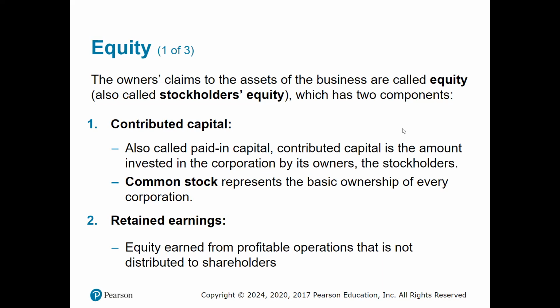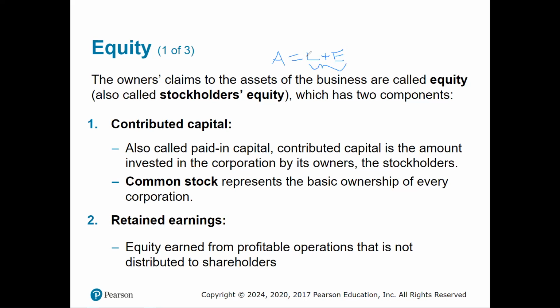Now, the last component in that accounting equation is equity. So that is the claims of the owners on the assets of the company. So if we go back to that accounting equation that we looked at, assets equals liabilities plus equity. This right side of the equation is all people who have a demand on those assets. People who can come in and say, you owe me a part of those assets that you have.